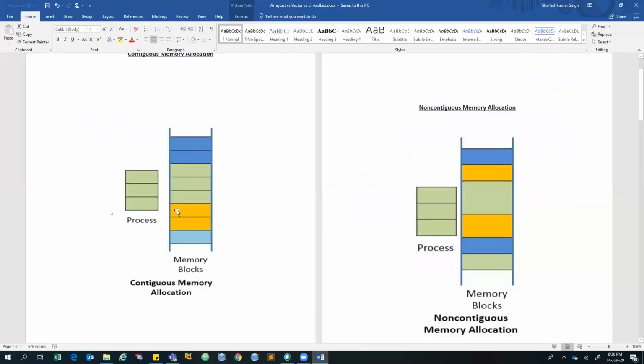This is contiguous memory allocation. Suppose there is a task that you have to perform, and that task requires some bytes of data. These bytes of data get allocated in memory in contiguous form. This requires 3 bytes, so these 3 bytes are allocated contiguously, sequentially. That is a contiguous memory location.